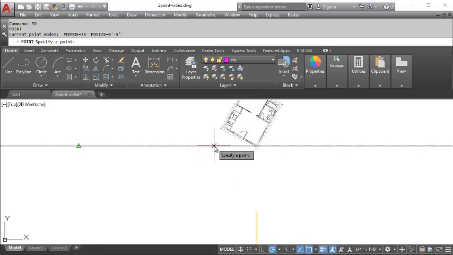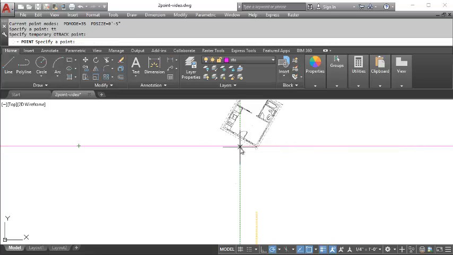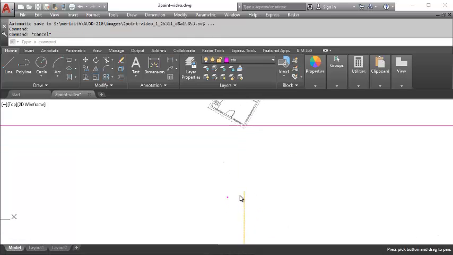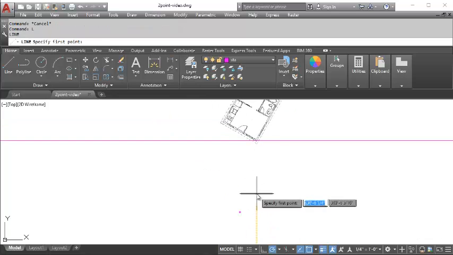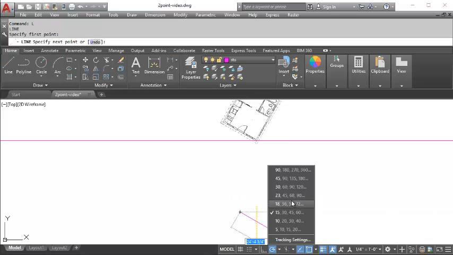We'll do temporary tracking. I want to be about in front of the door, and then I want to track down about 30 feet. So that's going to be where my station point is. From the station point, it's a good idea to check to see if this is positioned well. I'm going to use the angle snap of 30 degrees